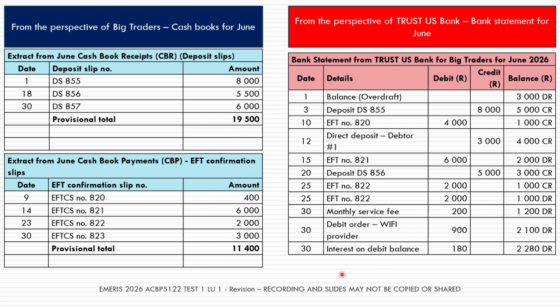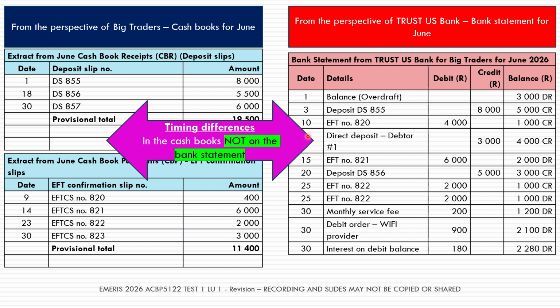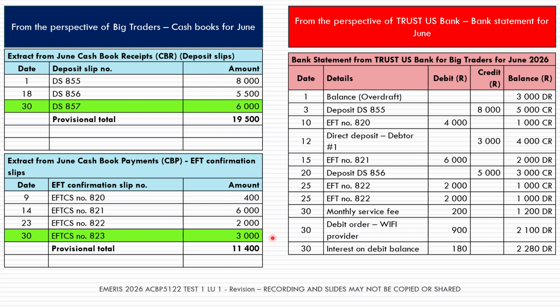Once again, we've got our cash book receipts on this side, the bank statement on this side. We do the comparison between our records and the records of the bank, and this time around we're trying to identify timing differences, in other words, entries that we do have in the 2 cash books, but can't trace to the bank statement. In my example, there are 2 timing differences.